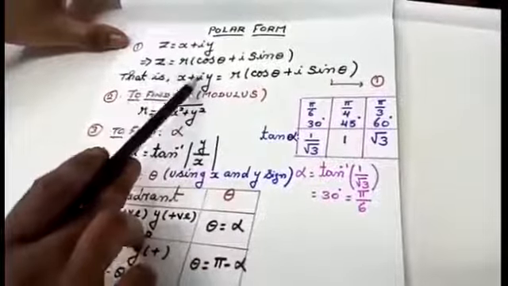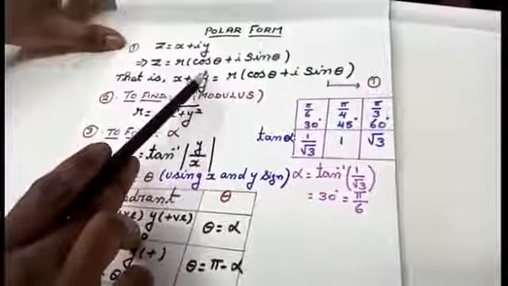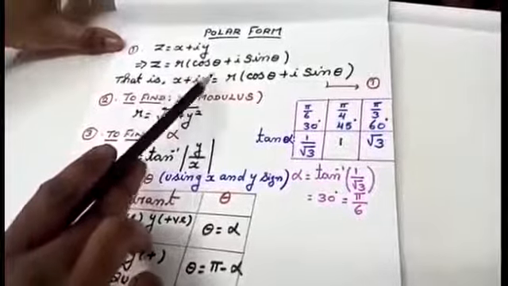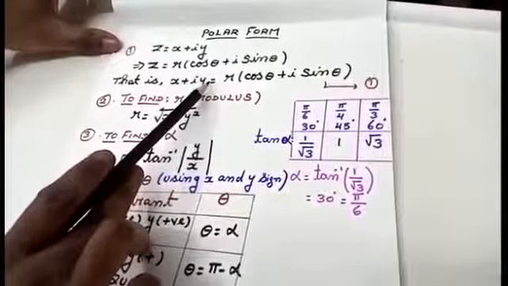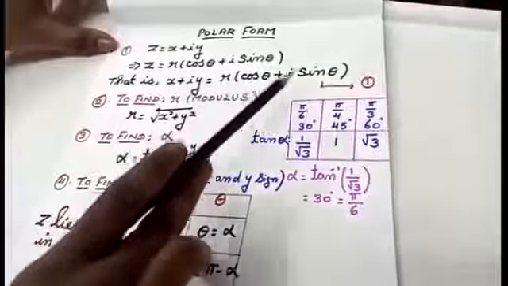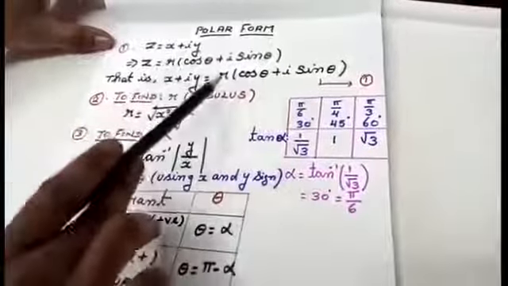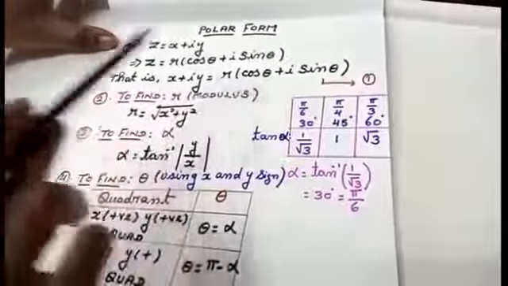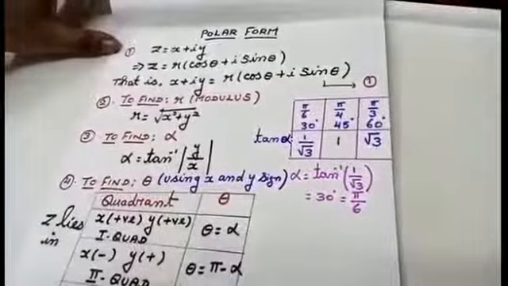Whatever question they are going to give you, you are going to write like this. Write the question on your left hand side, and on the right hand side you are going to write it in polar form, that is r cos theta plus i sin theta. The next work, I am going to find r and theta, and that is the procedure we are going to see in the following steps.